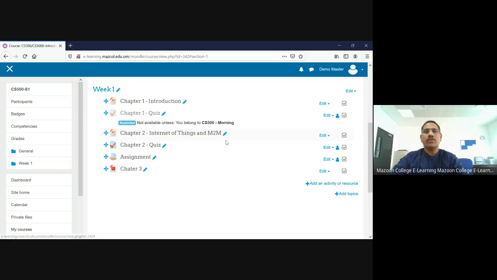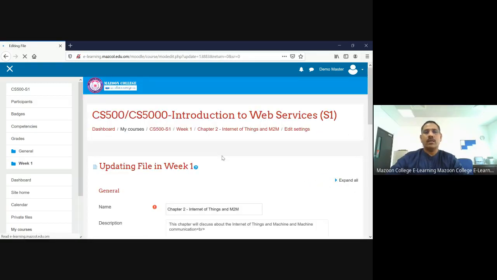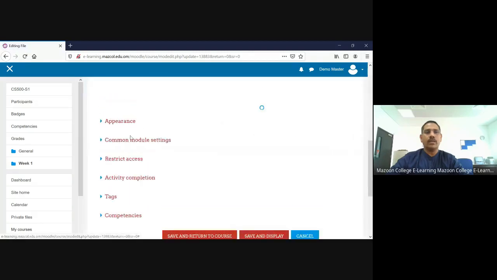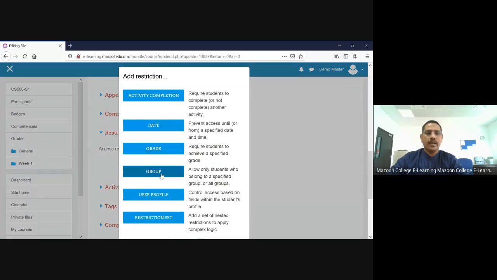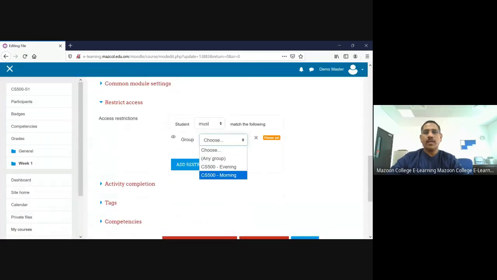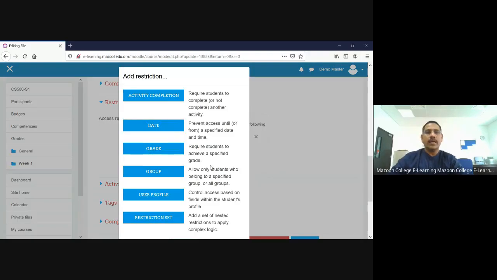So now I'm going to this, my group. For an example, for this activity, go to the second activity, edit settings. Now for this activity again, I'll go back to restrict access. In that restrict access, again I'm choosing group, I'm choosing that evening group, and one more thing: I'm going to add not only that group, I'm going to add one more restriction over them for the evening batch. Again I am choosing activity completion.